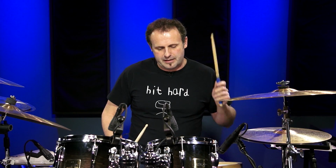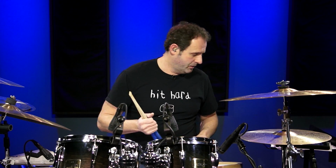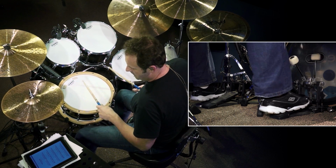Bass, snare, bass, bass, snare, bass, bass, snare. So if we are counting it, snare drum is on the and of 1, on the 3, and on the and of 4. So hopefully that hasn't blown your mind too badly. But let me just show you the bass drum and the snare part, and then adding the ride is pretty simple, okay? Here we go. 1 and 2 and 3 and 4 and...